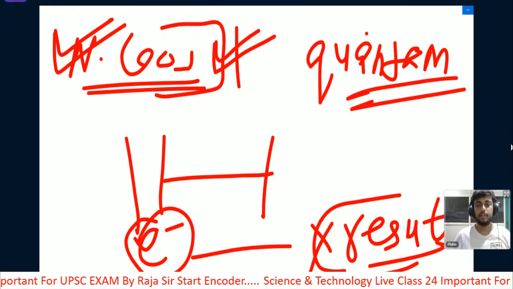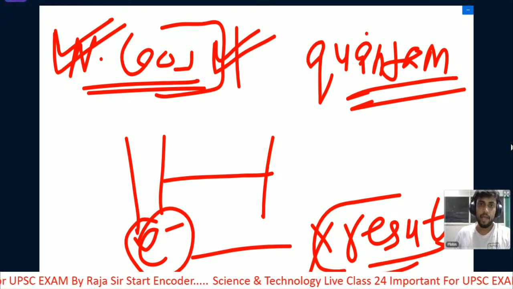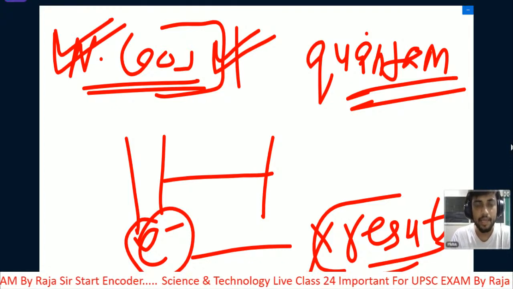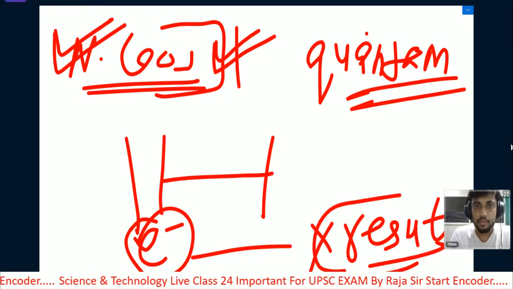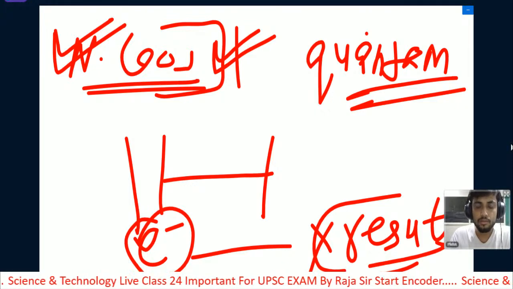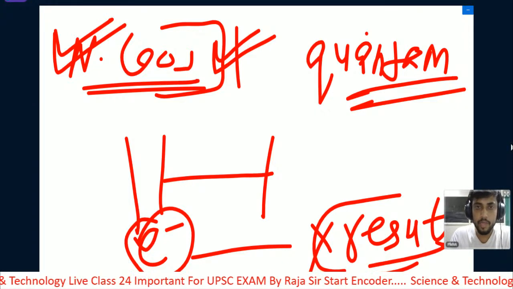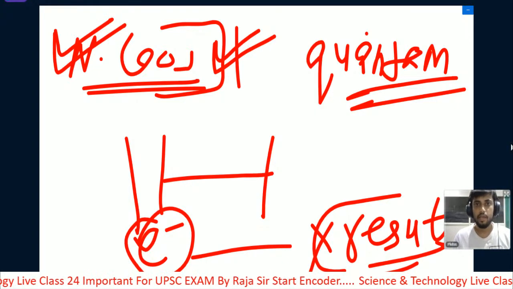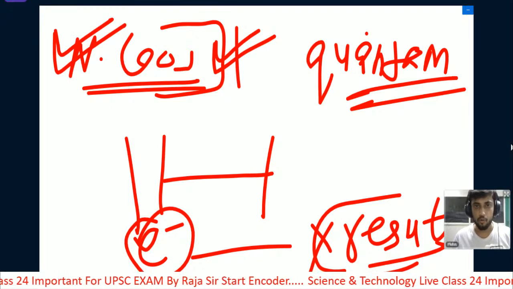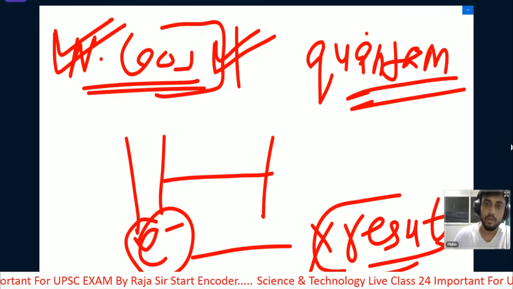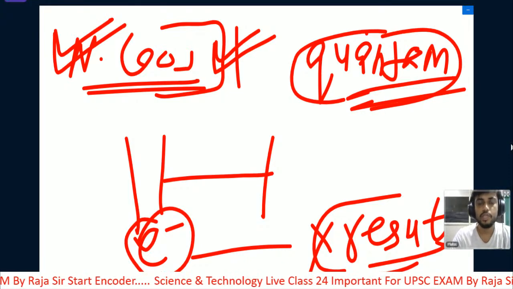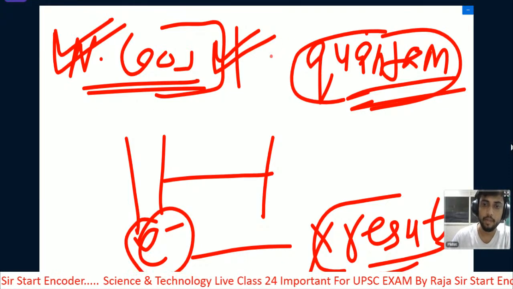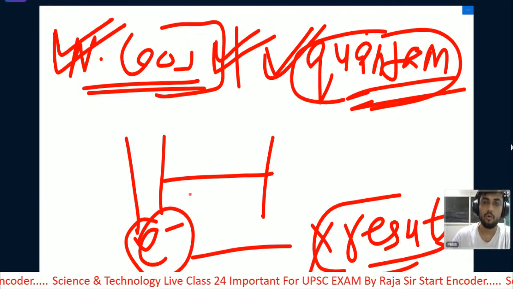Be it the motion of any major particle like a cricket ball, or a bullet fired from a gun, or a football, everything is governed by Newton's laws. But at the quantum level, we cannot describe the motion of an electron using Newton's laws. So they found out that we have a new set of rules known as quantum mechanics for the electrons.